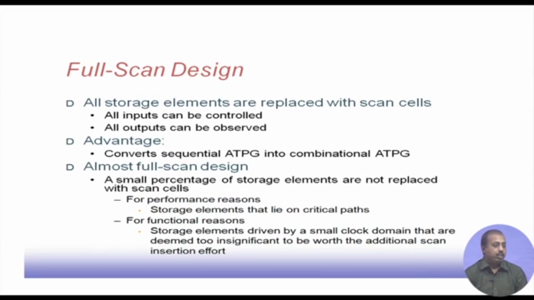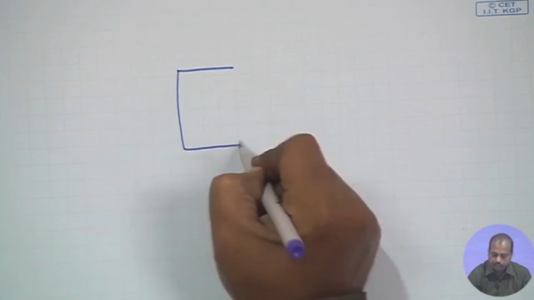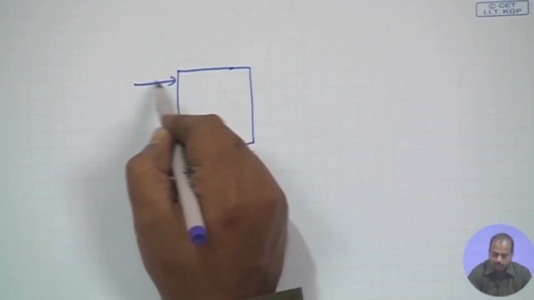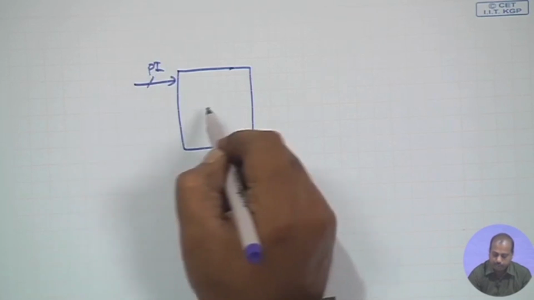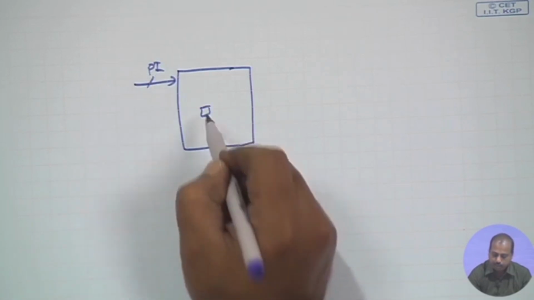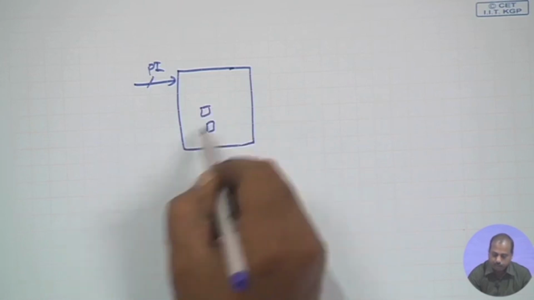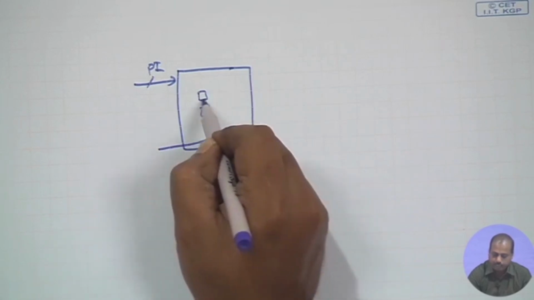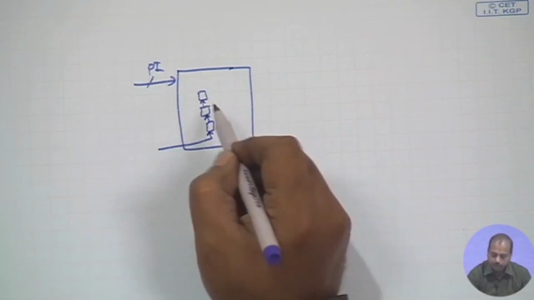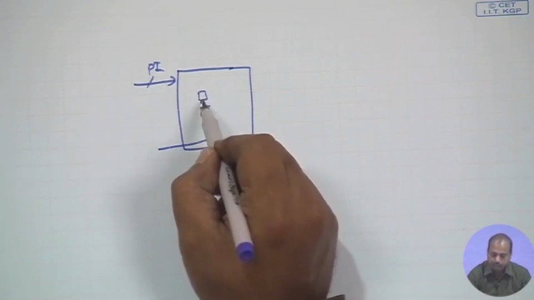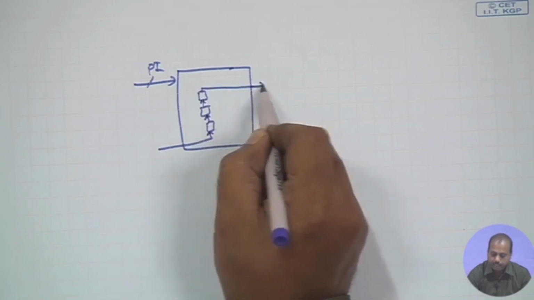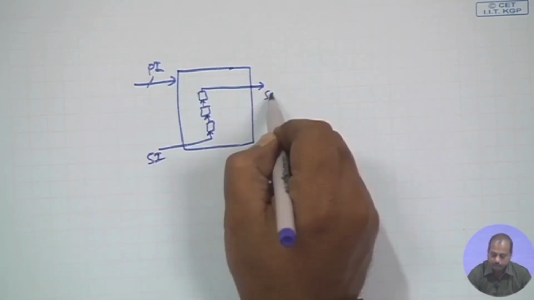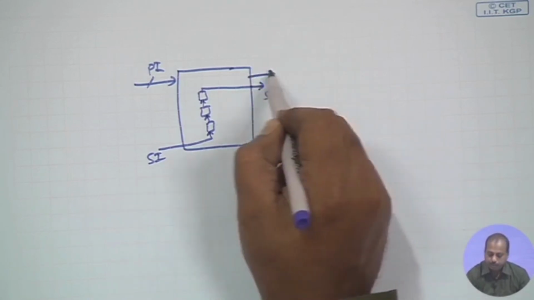In full scan design, all storage elements are replaced with scan cells. What happens in the design is that if I have a number of primary inputs and a number of flip flops, these flip flops are converted into a scan chain. From the outside, through the scan in line, we can input the pattern into these flip flops, and there is a scan out pin by which the content of these flip flops can be checked,